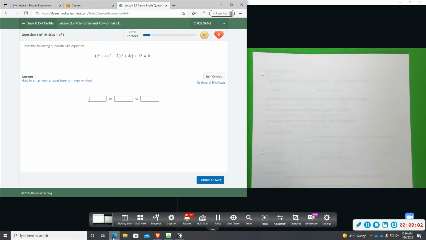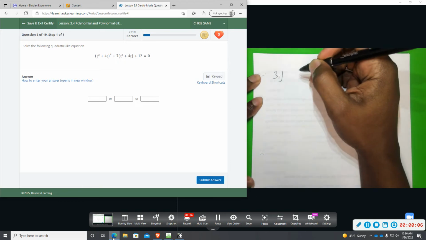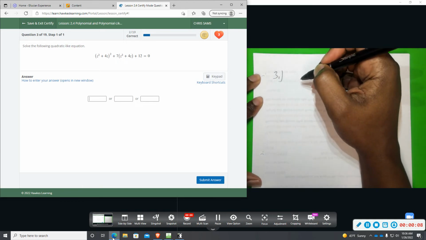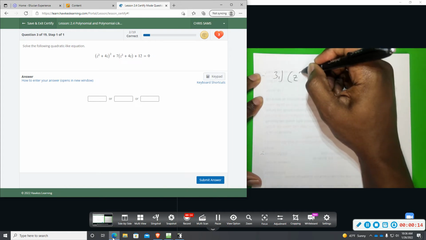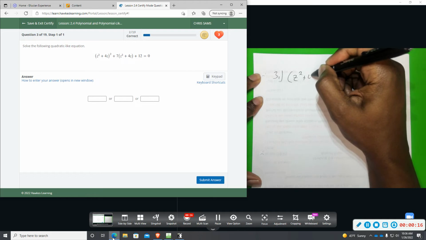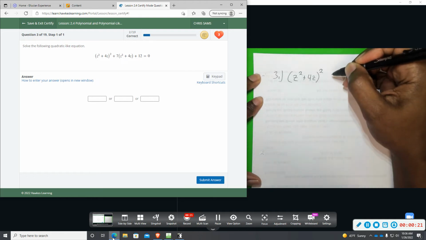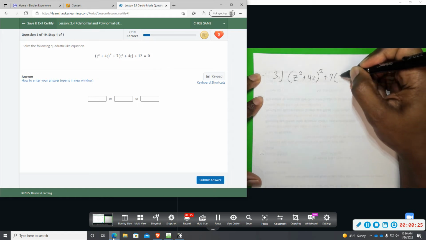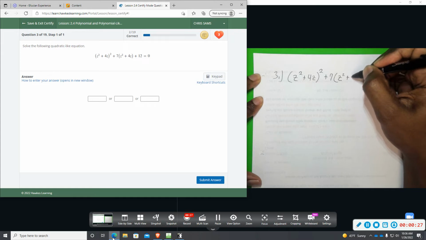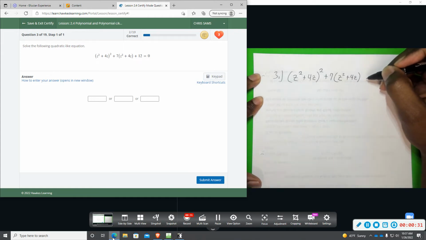All right, number 3. We're going to solve this one by factoring as well. This is (z squared plus 4z) in parentheses, and that whole thing is squared. And then we have plus 7, and then we have another z squared plus 4z, and then we have plus 12